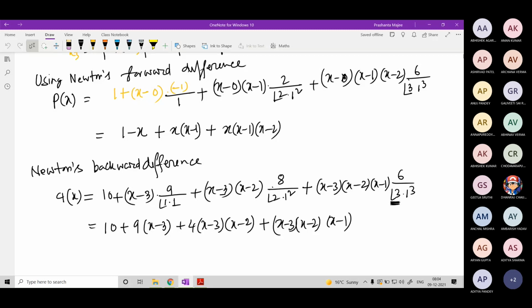So now what will happen if the point where you want to find the output values is close to the middle of the table? In that case, there are some central difference formulas, like Gauss forward formula, Gauss backward formula, Stirling's, Bessel's and Everett's. These five formulas you will study in detail. Now I will be discussing only one, the derivation of the Gauss forward formula. You understand this properly, the remaining are the same.